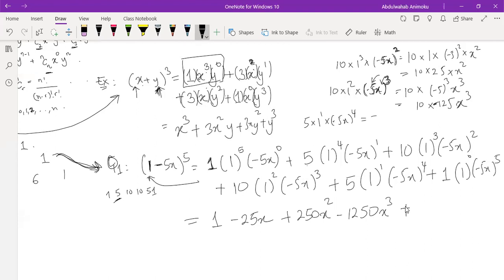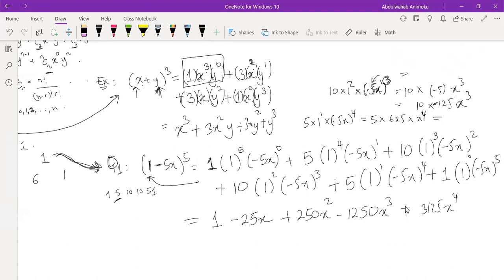So we need to check. This is 5 times minus 5 raised to the power 4, which is going to be 625. Then x raised to the power 4. So this will give us 3,125 x raised to the power 4. And finally, let's simplify the last one, which is 1 times 1 times minus 5x raised